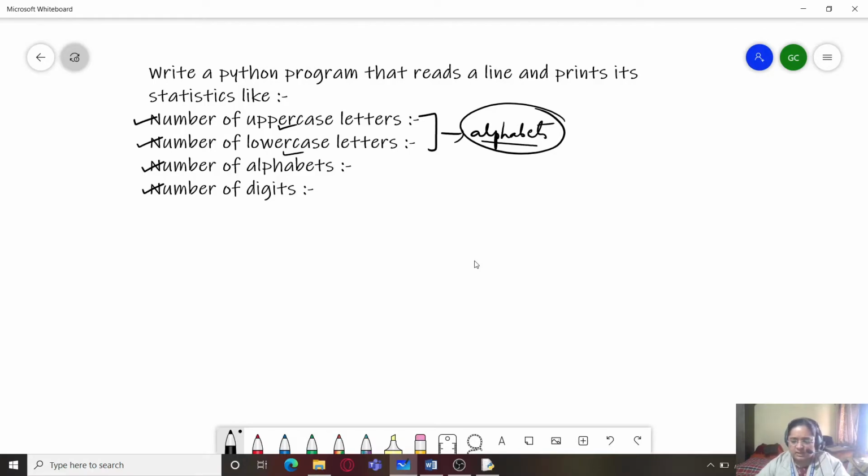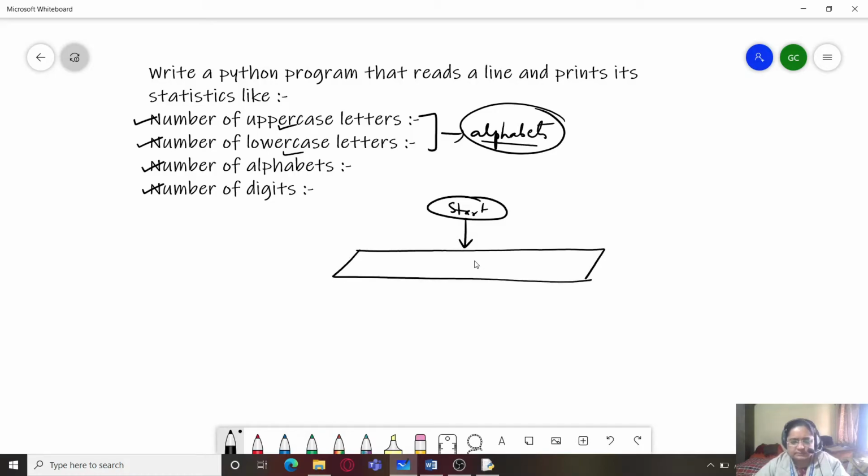So let us first draw a flowchart and see how we can do this. So start, and first we will be reading a string from the user. Read a string, and I'm naming the string as string.